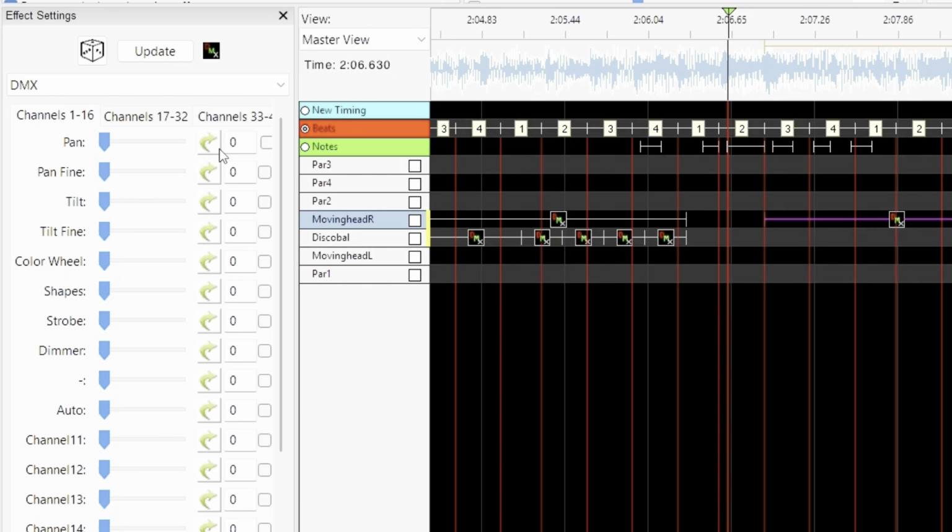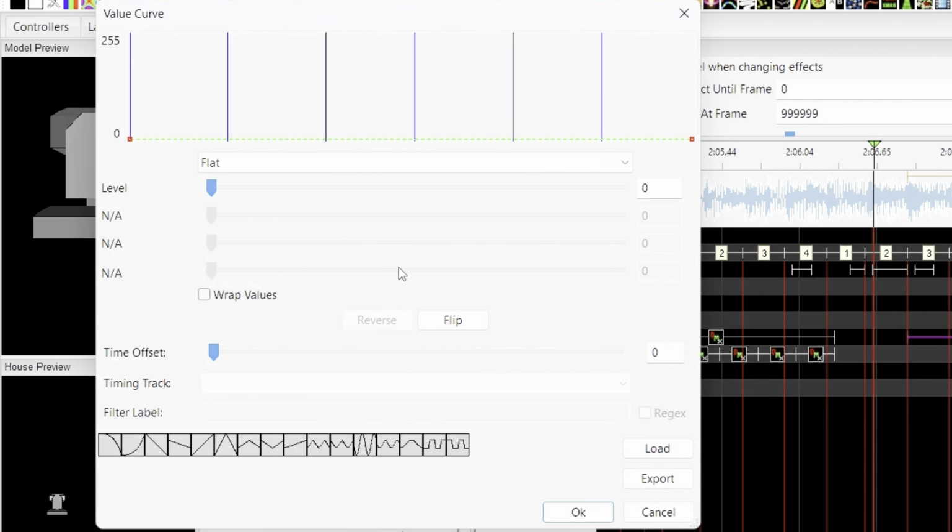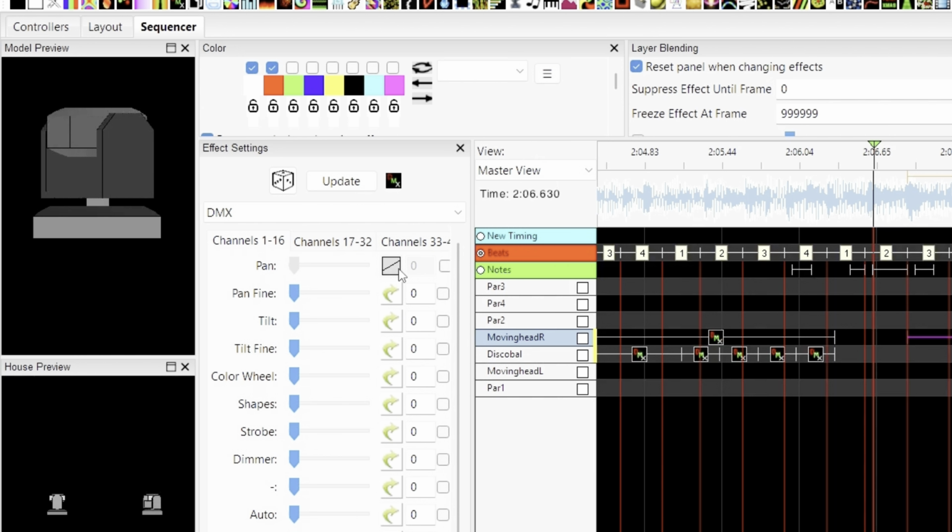By pen, we click on the arrow, and as you can see, that brings up a new window where you can make some animations. I wanted to start on a value of 50, and I wanted to end on a value of 200, for example. And click OK. And then it's going to go linear from the start point to the end point.